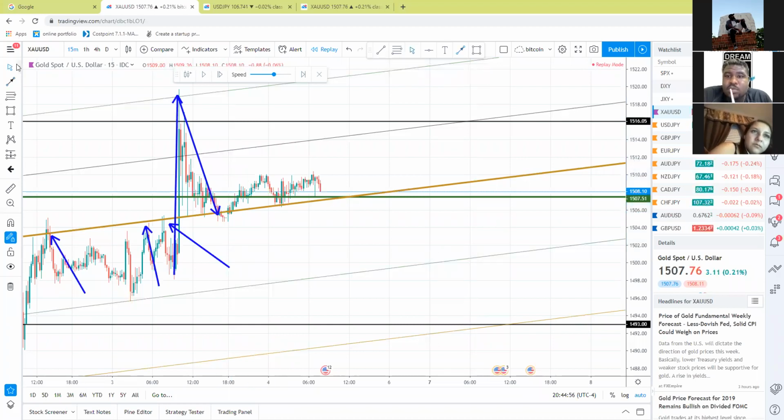Now, unless you're trying to sit on here and get 500 pips from gold at a time, you can make money off gold just using the basics of your analysis. You don't have to do anything advanced. You don't even have to do harmonics on here to get money off here. But just for me seeing that